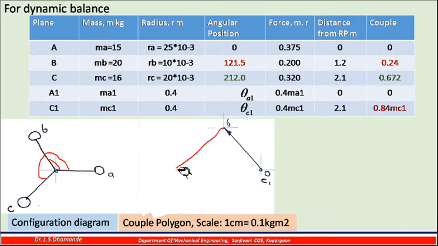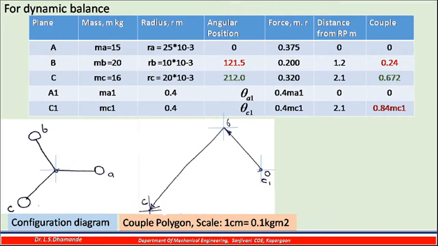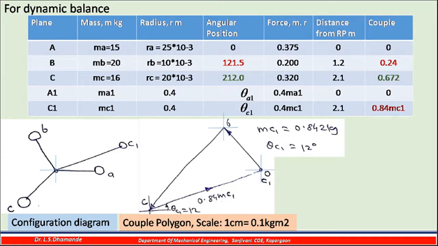That vector will be coming there. So let us draw that vector. Suppose the length of this vector is up to here, so this is drawn C. Now A is 0, B I have drawn, and C also I have drawn. So now remaining is nothing but this C1. Whatever is remaining, I have to join with this particular O, and that is actually my balancing couple. So if I draw it like this, it will be the balancing couple, and then I have to measure the